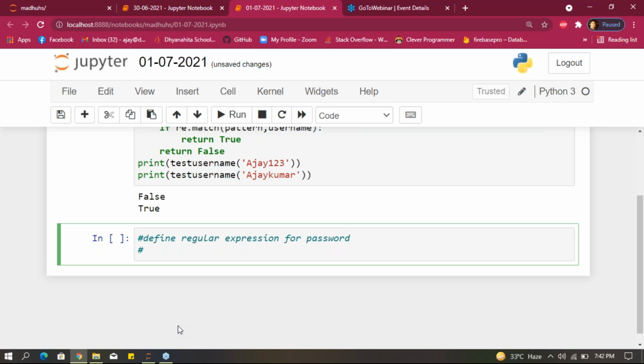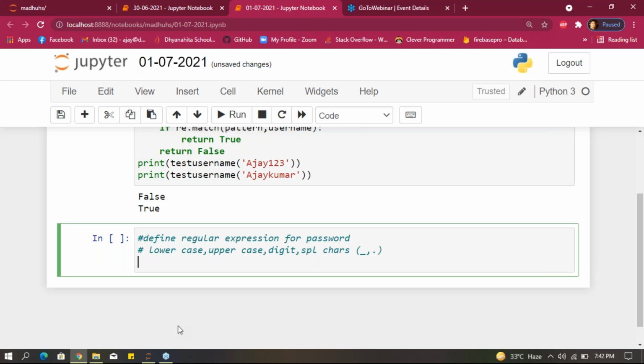Here the condition I want is that this password has lowercase characters, uppercase characters, digits, and special characters also, like underscore and full stop.